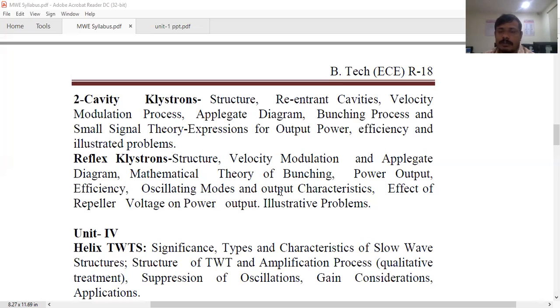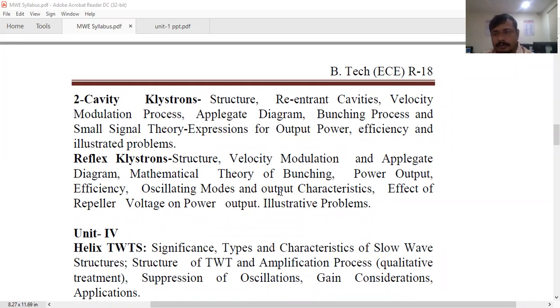Here the two cavity Klystron is used as an amplifier, the basic application, but you can also use it as an oscillator by giving feedback. The reflex Klystron is one of the sources we use in our laboratory to generate the microwave signal. As already told, the frequency range we are using in our laboratory is the X band, that is 8 to 12 gigahertz. Whatever values we get in our laboratory are between 8 to 12 gigahertz only. If less than or more than that, they are not proper readings. You have to remember that point.